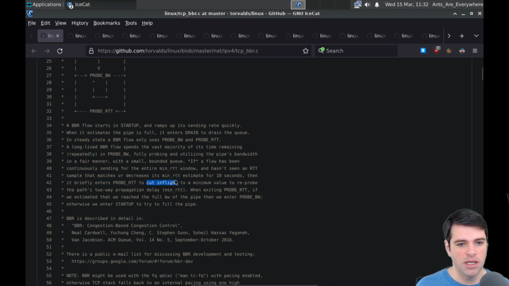In flight, I guess, meaning the number of requests that we've released into the wild and are on the wire, and we want to minimize those. I'm guessing that's what in flight means. I'm not positive. I sort of flag that that's a guess and not certainty. And we're going to cut to a minimum value. So we're going to stop sending packets, right? It seems like RTT time is going up steadily for 10 seconds. So we're going to stop sending packets to reduce the amount of in-flight requests. And then we're going to reprobe the path's two-way propagation delay